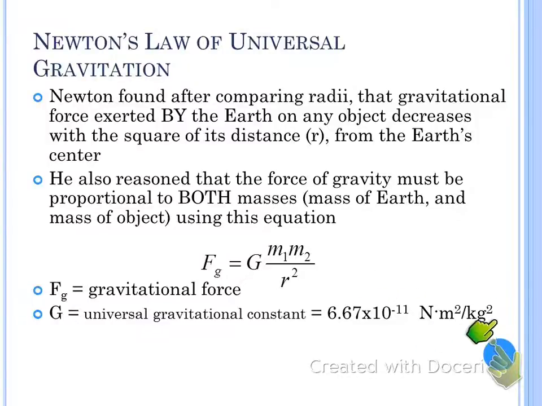Where do you think these units are derived from? If we solved for G, it would look like this in this equation. We would just switch these two places. We'd say G equals F times R squared over M1 M2, which would give us newtons times